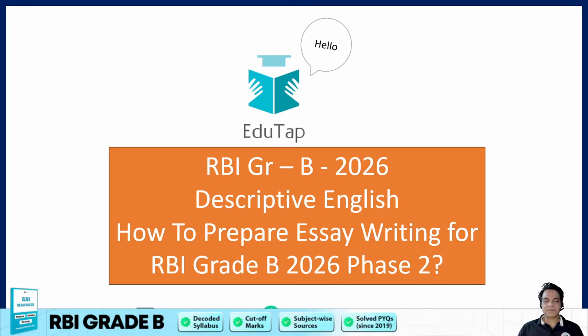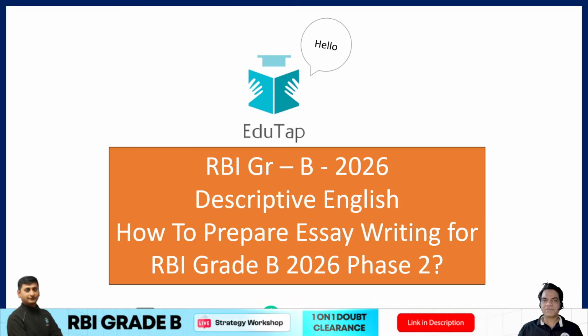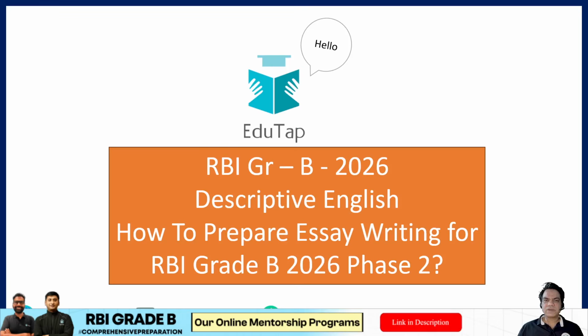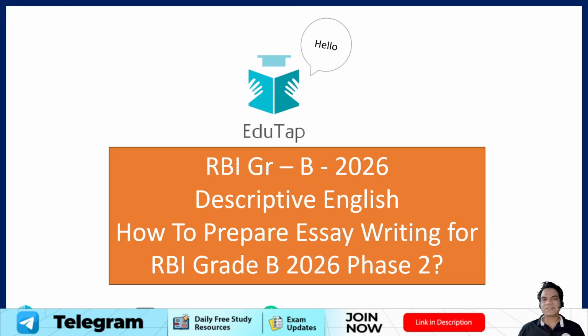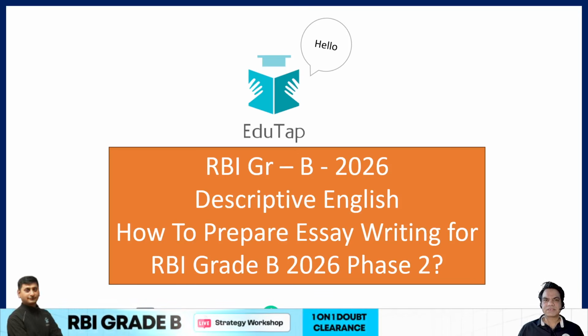So guys, if you are appearing in RBI Grade B Phase 2 exam for the year 2026, this video is for you. Guys, I know that there are only a few days left in your exam. I think there are only 3 weeks left in your Phase 2 exam, and I am sure that you must be giving your best for all the three components, all the three stages of this exam. Now there will be three exams conducted on the same day: finance and management, economic and social issues, as well as descriptive English. So we need to target all the three sections and we need to see how we can achieve the best out of it. But in this video we will discuss how to approach essay writing in the descriptive English part.